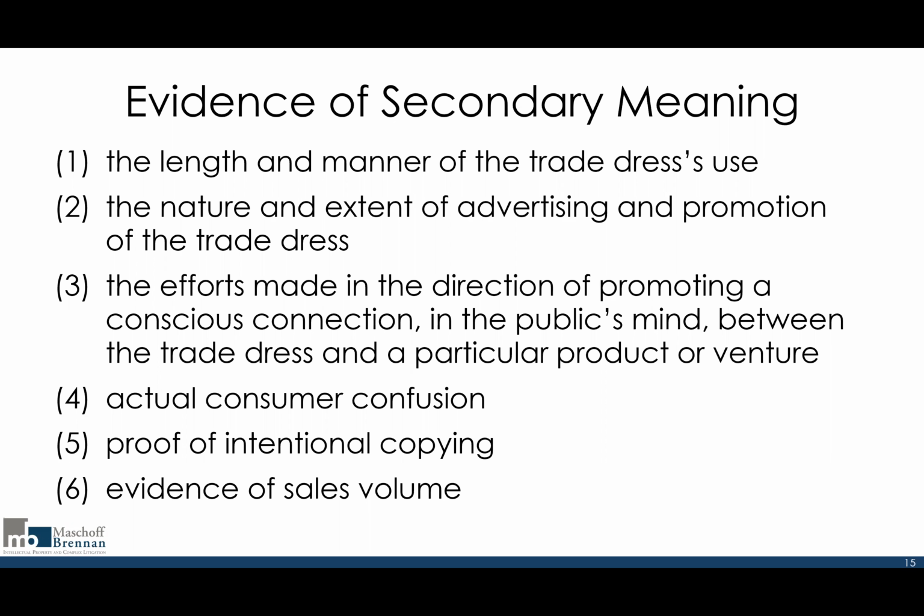And number 4 seems pretty intuitive, but you would be surprised to know that I've had a number of clients come to me and say, you know what, consumers out there are confused now between my competitors, let's say a restaurant, or my competitors' products and mine because they're using my trade dress. I'm like, okay, tell me who was confused. That's great. That is really strong evidence. And it's like, well, I got a call 2 years ago and somebody was asking for Costa Vida instead of Cafe Rio. And if you ever have an instance of someone actually being confused, you want to make a note of that the best way that you can, so you have that in your back pocket if you need to